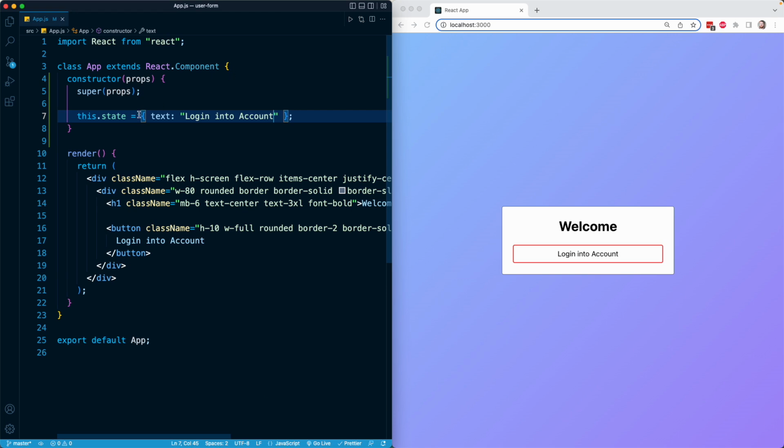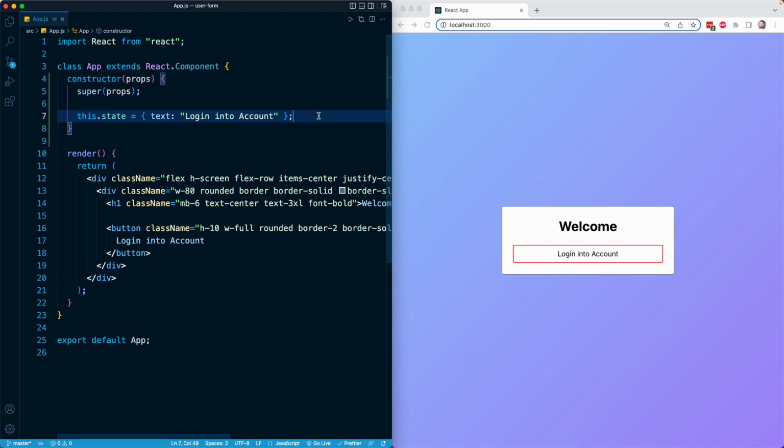So this equal syntax should only be used for state initialization, for the first draft, for the first version of the state, which should always be in your constructor method. So this syntax right here, remember, never do this except for in the constructor method. This is only for your initial state, for the first version of that data that is going to live within the component. All right. Once we declare this.state, we are welcome to use it in any other of our component